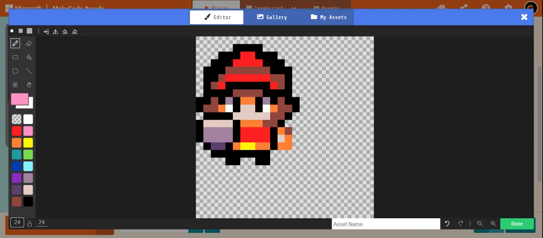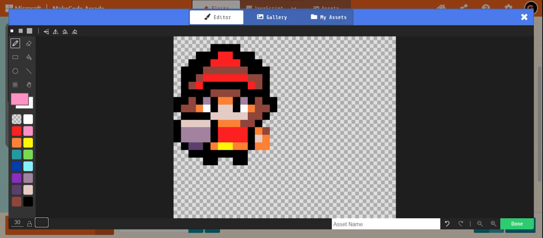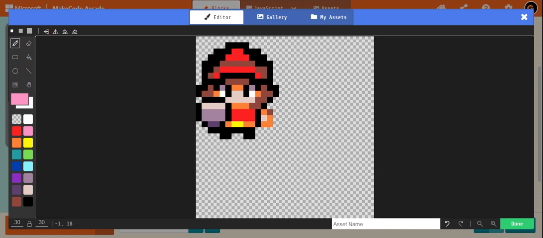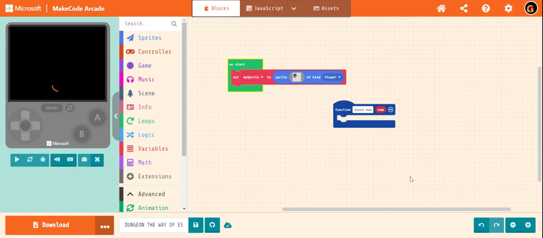Here you should edit it into 30 by 30. Give it done. I hope the sprite will be visible after some time. Yeah, it's visible, but it's not moving. We have to make it move. So in this video we shall learn the basic function of the function code and then setting the sprite, and then finally making it move around the background and setting the background up.